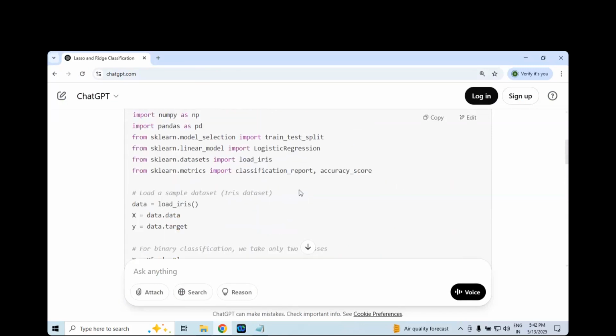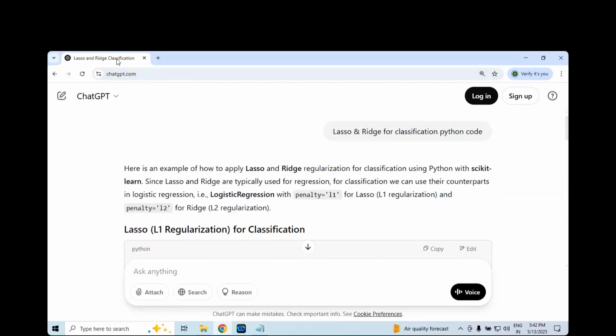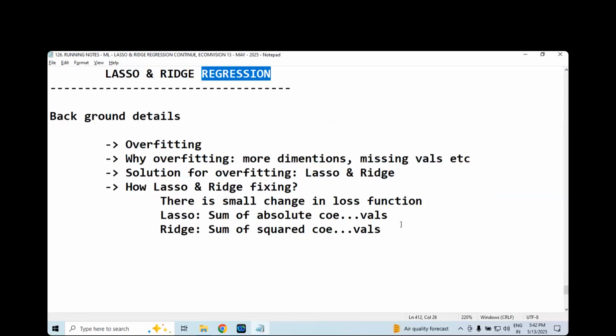Lasso and ridge, not only for regression. So this is the new point. Let me continue today's session.